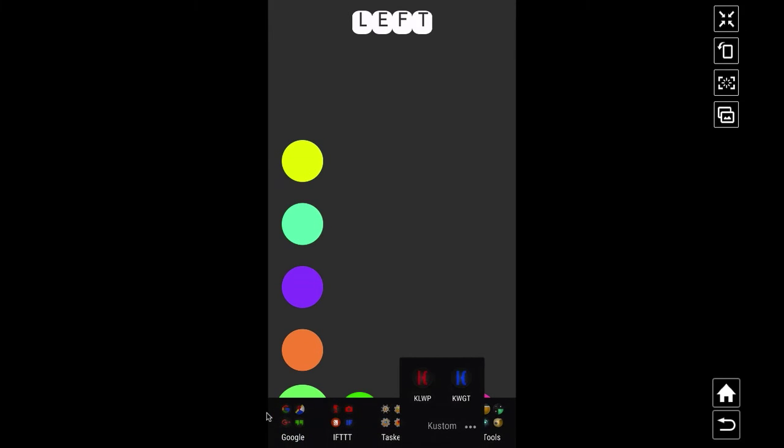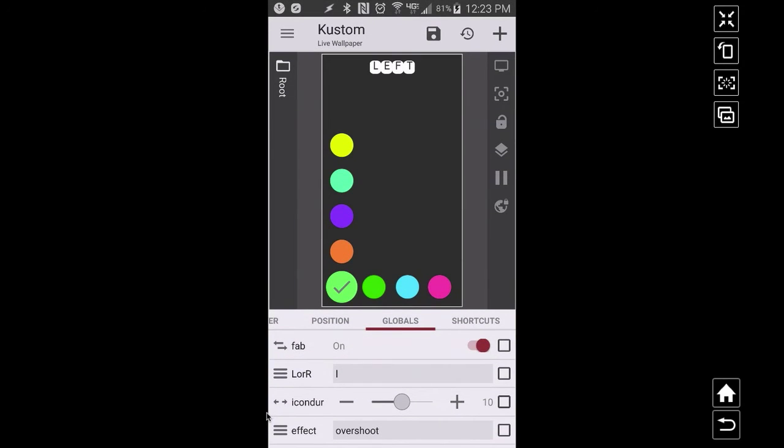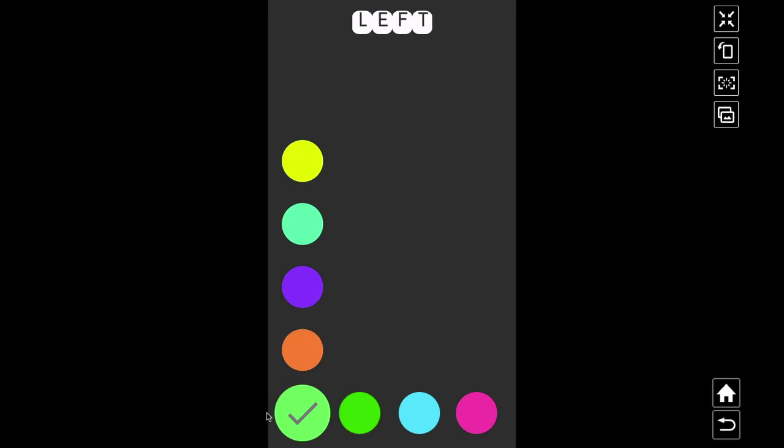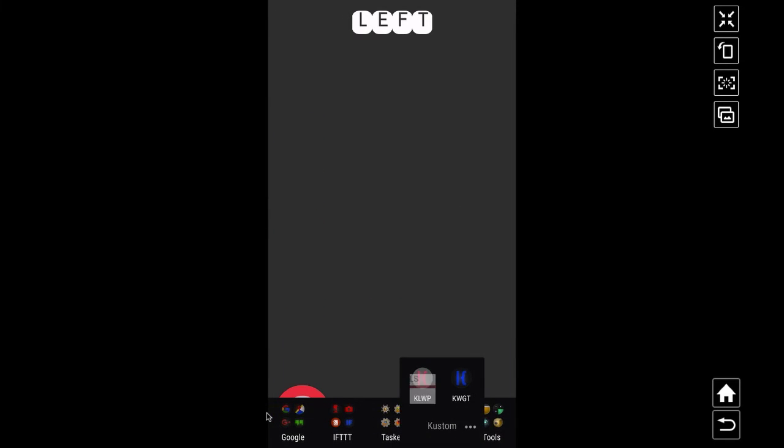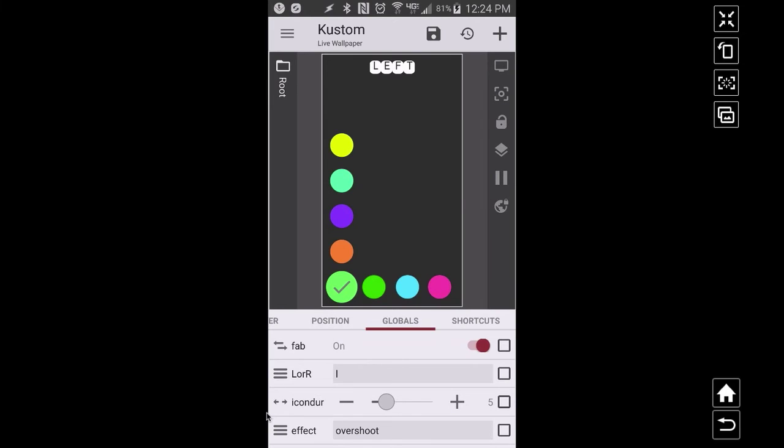Now when we mix that and then we mix speed into all of this, you see how this is a totally different look to the way it did at the beginning of the video. And all it is is a little bit of tweaking and applying those globals to each individual icon. And there's one more thing I want to show you here. I'm going to keep that down around 5. Let's do